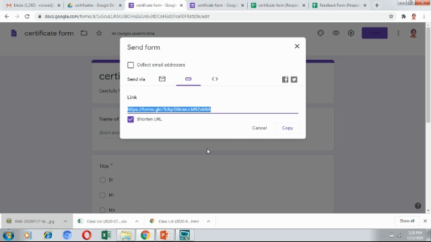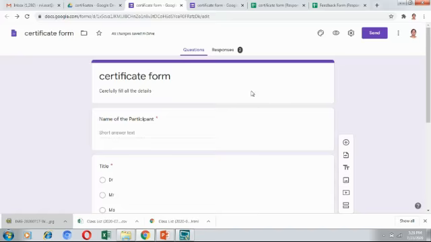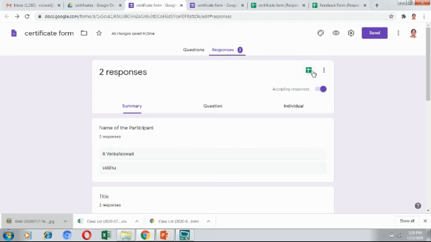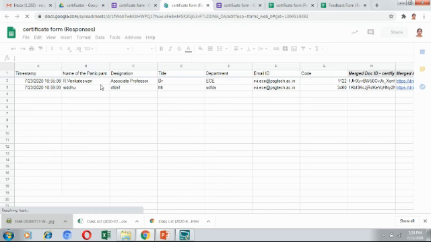Normally people will do it as a feedback form. People will collect a feedback form. In the feedback form, the people will give all the details. These details will be used for the certificate generation. You can copy it and then you can use it. So now this form has been sent already. I have already got 2 responses in the form itself. If you click this response, the 2 people have responded.